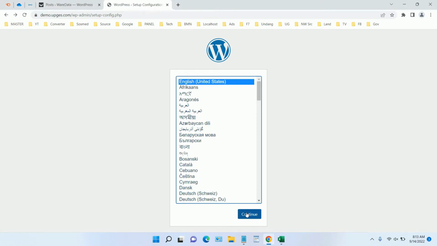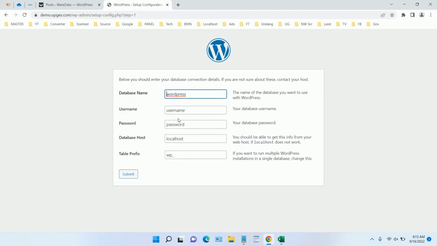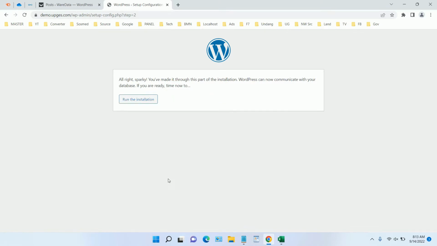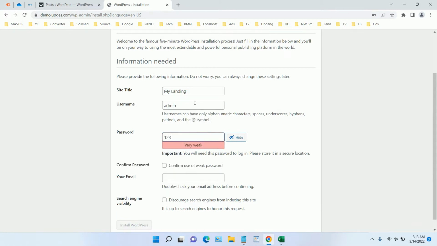Then in here, we select the language, and you must prepare the database, username and password. Okay, I will pause in this video because this is sensitive. After we input the database, we can just run the installation. For example, this is my landing. Then username, let's type admin like this, and the password I will put 1 until 5 and confirm